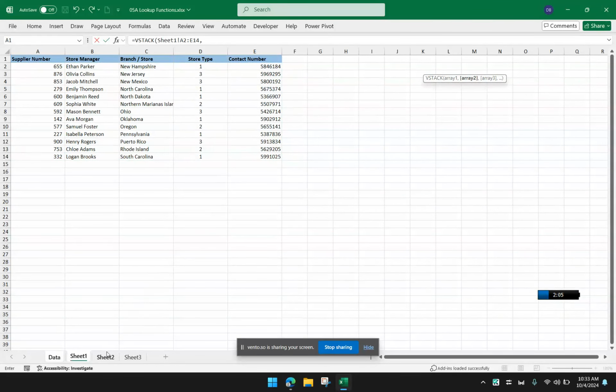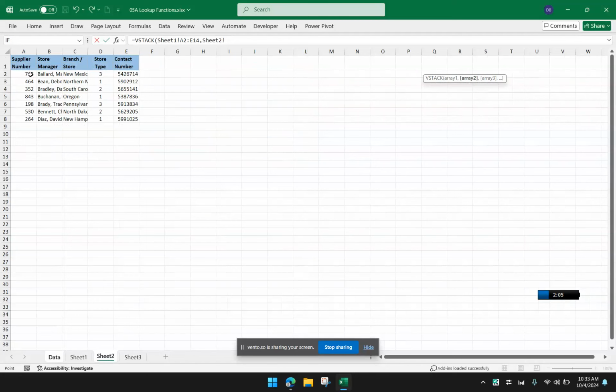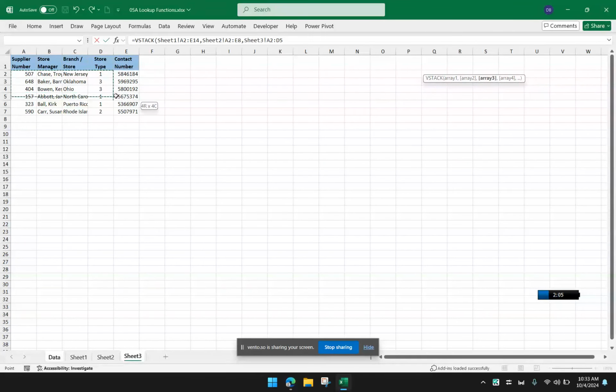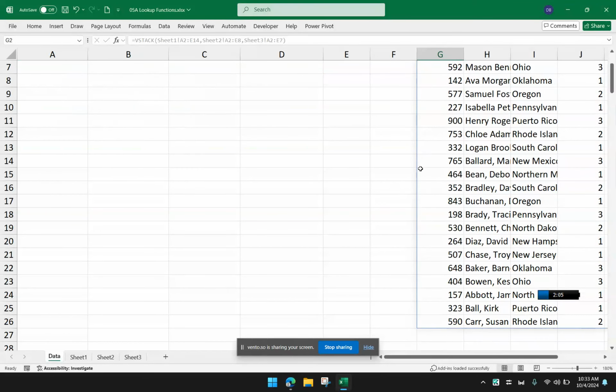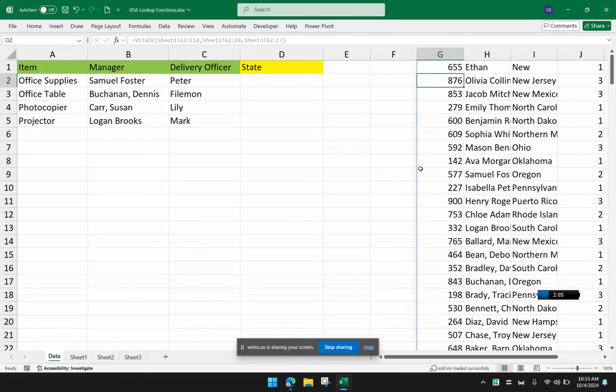I have highlighted the first sheet here. I'll go to sheet 2, highlight this, comma, go to sheet 3 and highlight this, enter, and you should have a table here that has your VSTACK result. The VSTACK combined all the data from the sheets that we've highlighted.